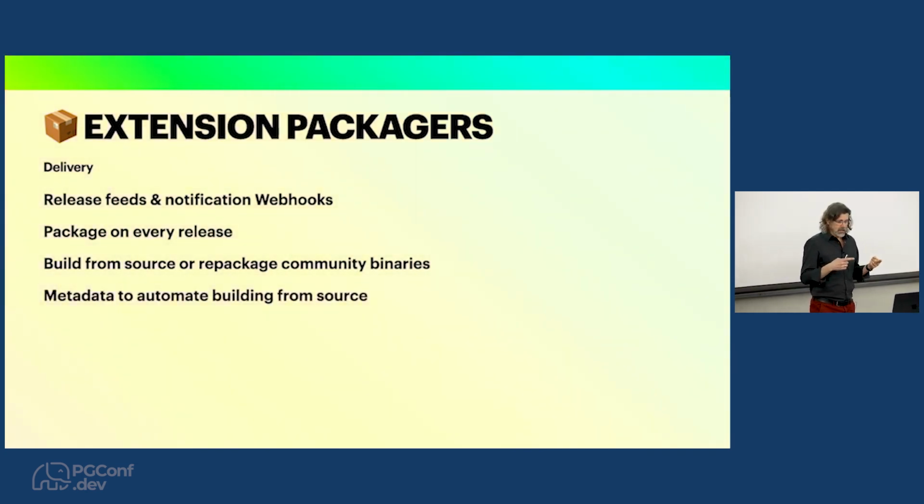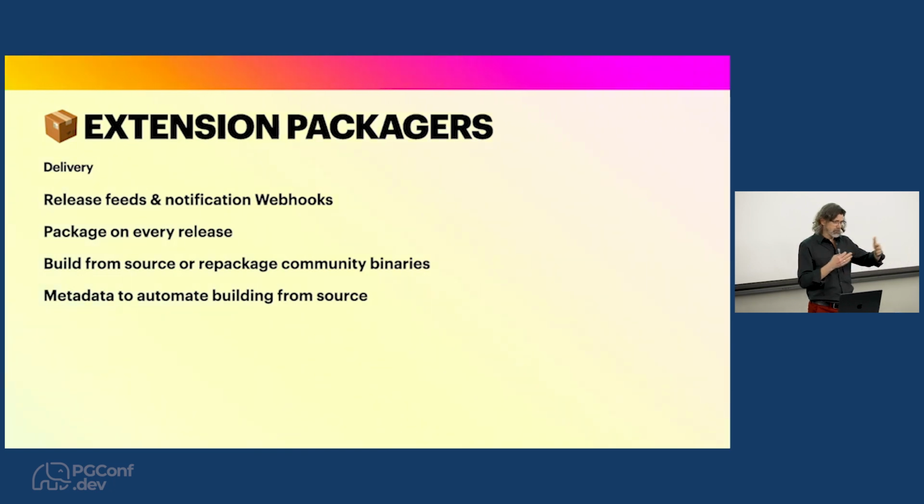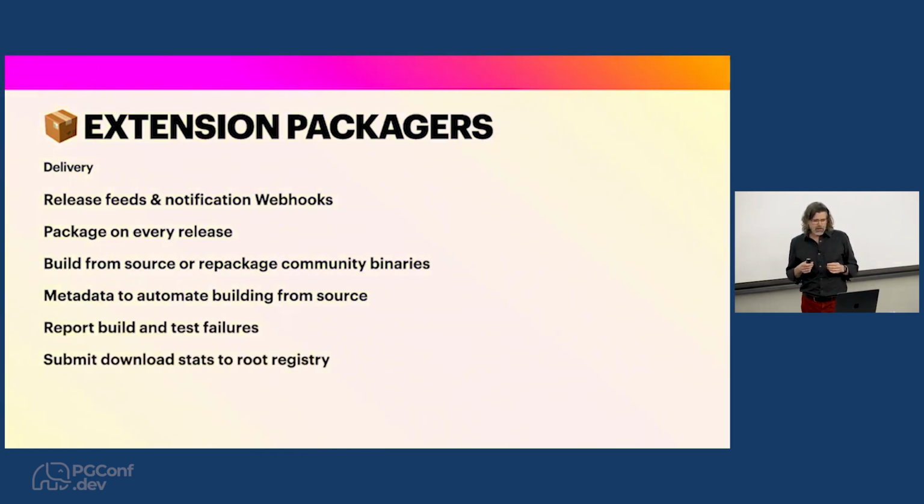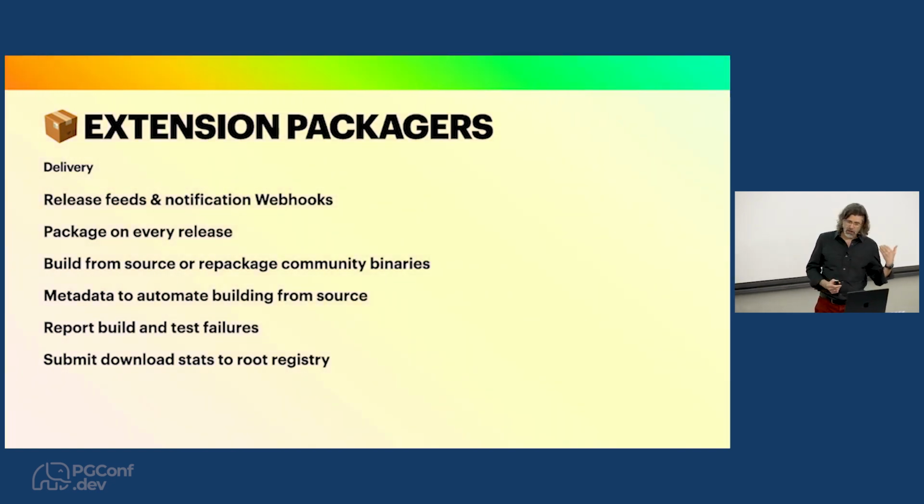Again, we need the metadata to automate the building from source, so we need to expand on the sort of metadata that we have today with the PGXN metaspec and maybe combine it with other specifications. And a system to be able to report back build failures that then will get to the author, but also show up in a place where users can see it and say, oh, this release actually doesn't work on my OS, so I'm going to hold off trying to upgrade.